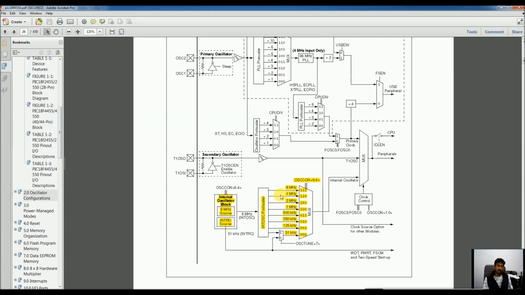So if we want to use the internal oscillator and we want to switch it to 8 MHz, we'll have to set the OSCCON bits 4, 5 and 6 all to 1 to get 8 MHz. Otherwise their default value is 110, that is pointing to 4 MHz.